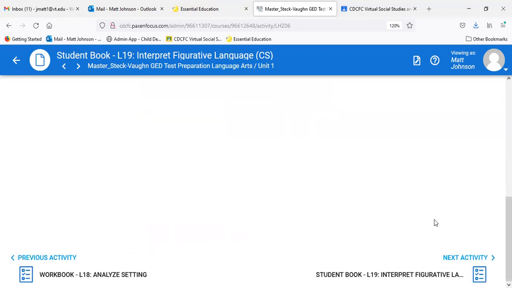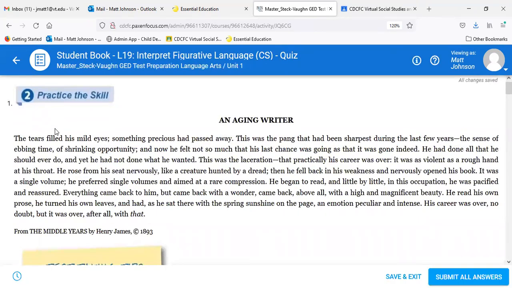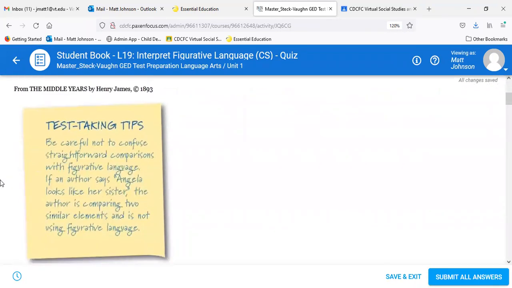Okay, so let's take a look at our quiz. Over here, Unit 1, Lesson 19. I don't think Unit 1's ever going to end. And we have our same passage here by Henry James. Our tip says, be careful not to confuse straightforward comparisons with figurative language. If an author says Angela looks like her sister,